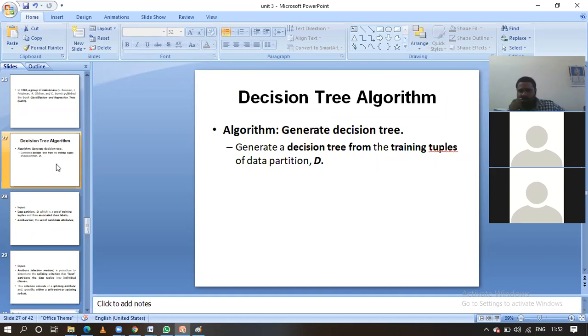Okay, what is the input for this decision tree algorithm, guys? Obviously, that is the data. It takes the training tuples as input. By using the training tuples, we are going to construct the decision tree. Here we call the training tuples D, guys. What is the input for the decision tree algorithm? That is the training tuples, which we call the data partition D. Data partition D contains the attribute set as well as the training tuples. Better to write down the algorithm, guys. It will be helpful for you.